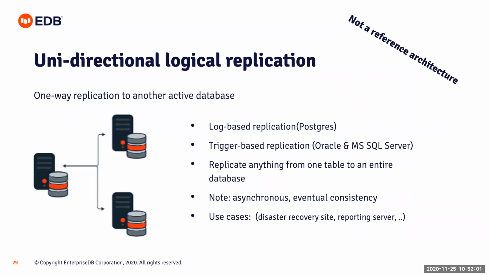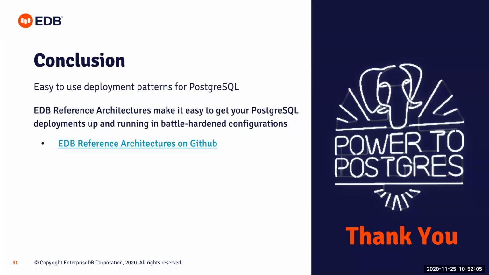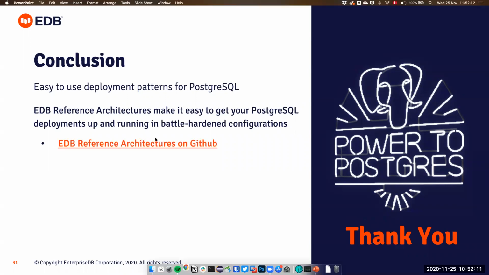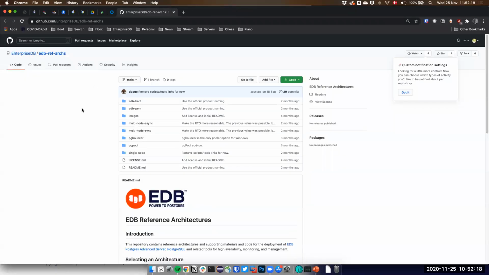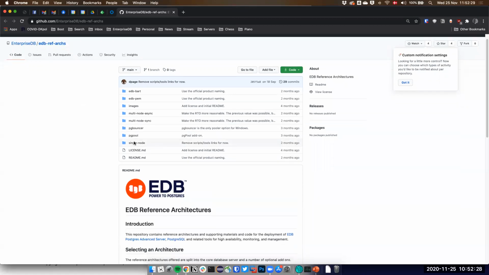The reason why I'm writing "not a reference architecture" is because of this slide, which has a link, and of course this will be sent to you so that this link will be available, which is the reference architectures, and you should be able to see my browser now. So this is a link to the Enterprise DB GitHub repository that contains most of these, or actually all of